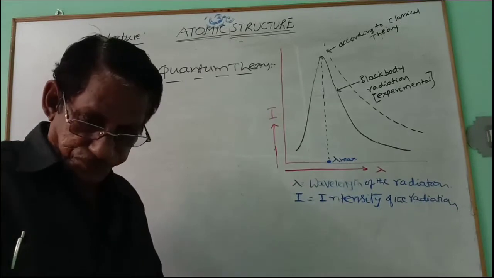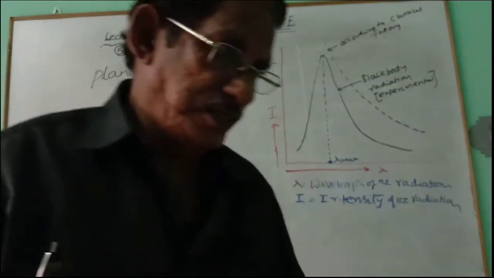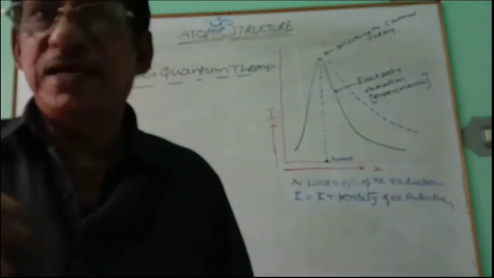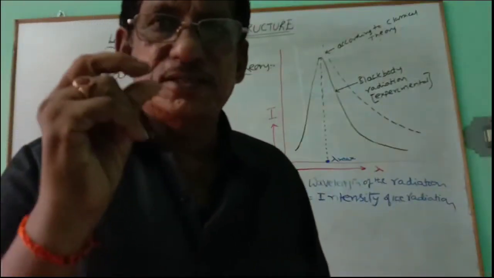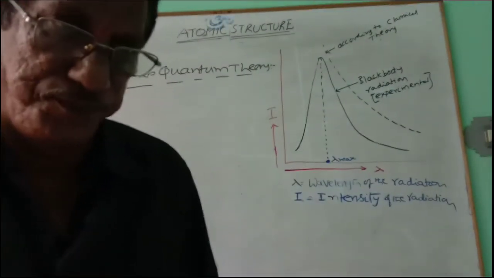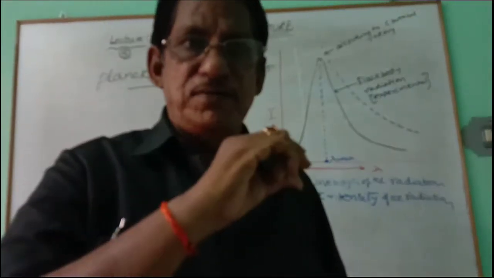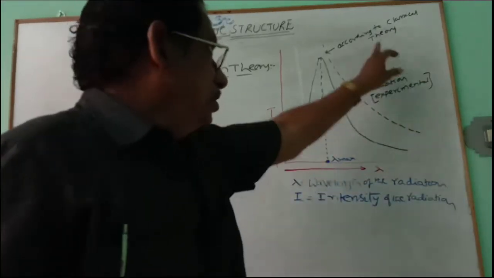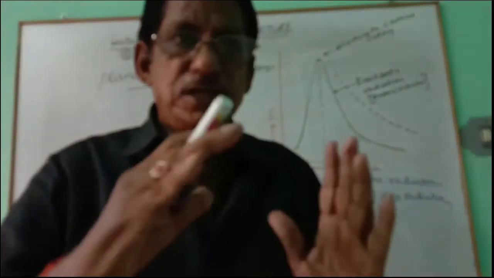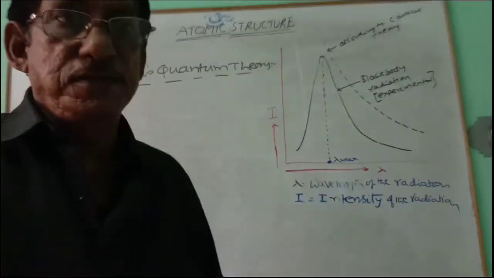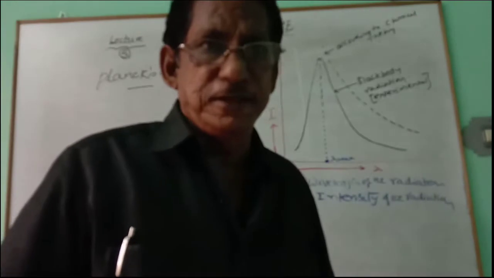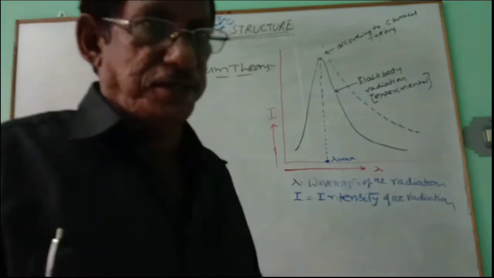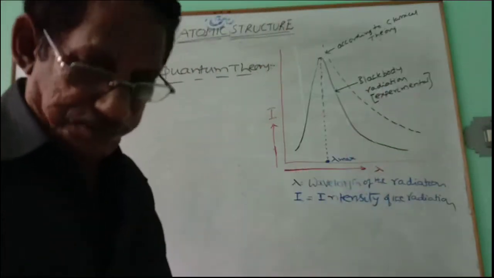According to this theory, every radiation emitted by a black body has discrete packets of energy. Small packets of energy are carried by every radiation. So the radiation is emitted in the form of energy packets. It is not continuous. This is continuous, but this idea was broken. If you think the radiation emitted by the black body has energy packets which are discontinuously emitted, this is a discontinuous theory. Then we can explain this phenomenon.